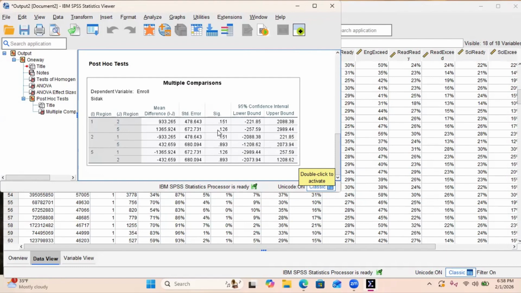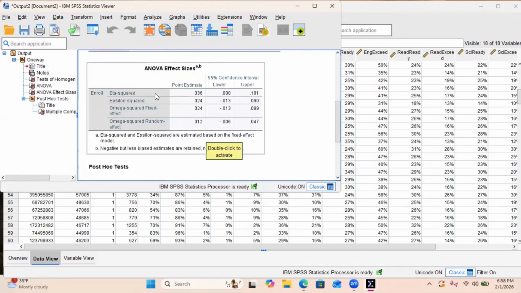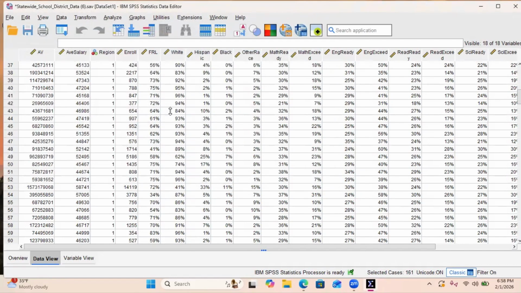Now, for the sake of this assignment, if you needed to find the other way to do the effect size, which was shown in the lesson, you can exit out of this table and you can use the general linear model,